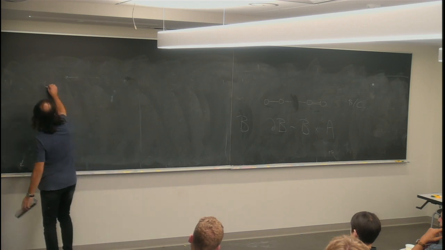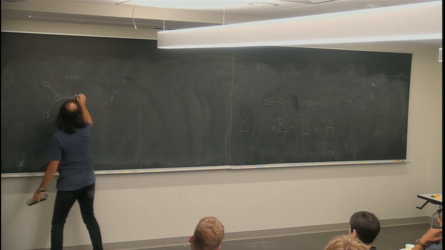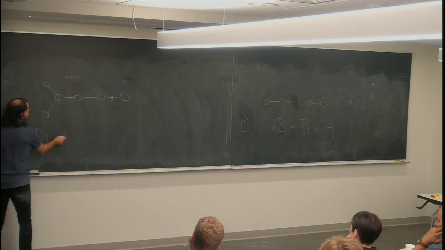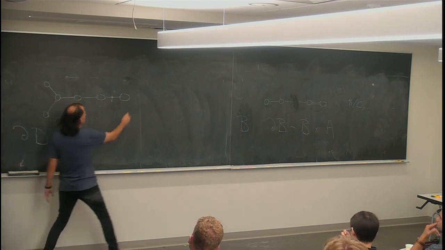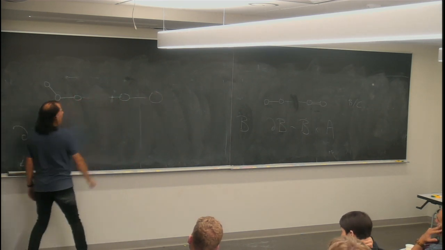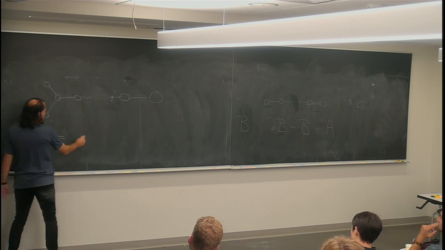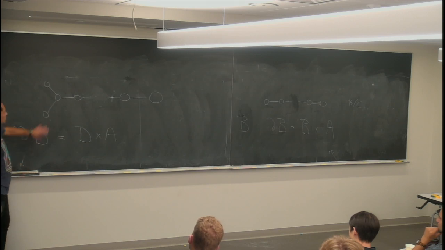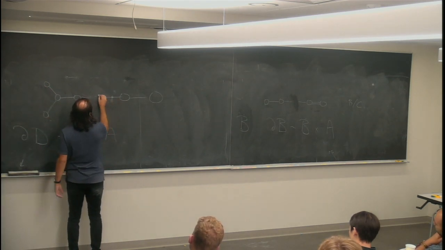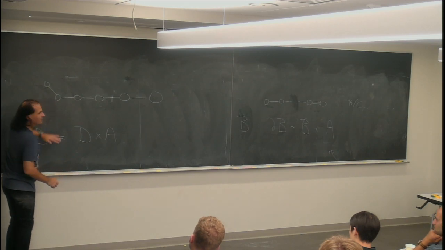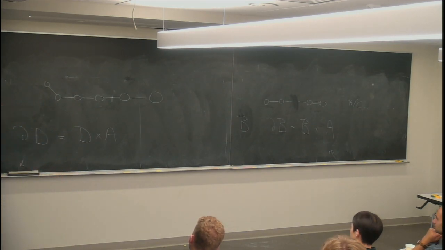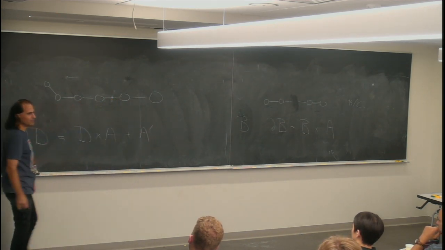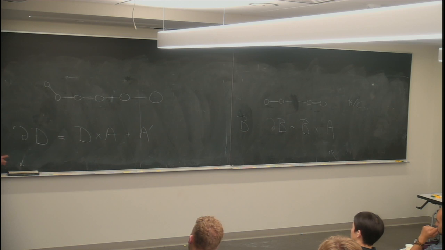What about Dn? This is a little more cool, because what's the boundary of D? Now this has two kinds of pieces. One piece is when I remove something like that. And so one kind of boundary looks like a D cross an A. So this part looks like a D and the rest looks like an A. But there's a more fun part where you delete one of these. That just looks like a single other A. So there are two kinds of boundaries that we get from this polytope.